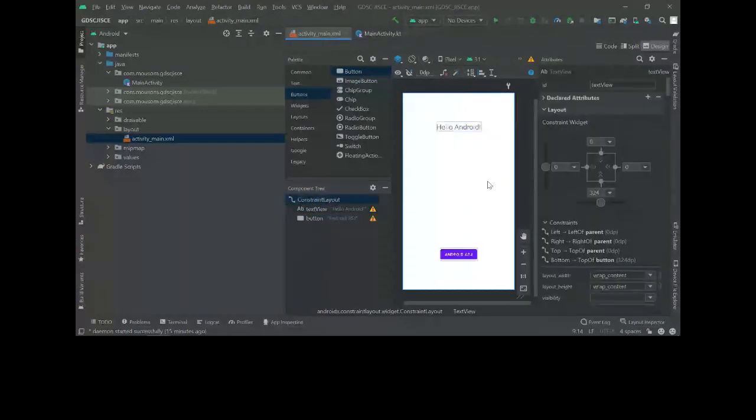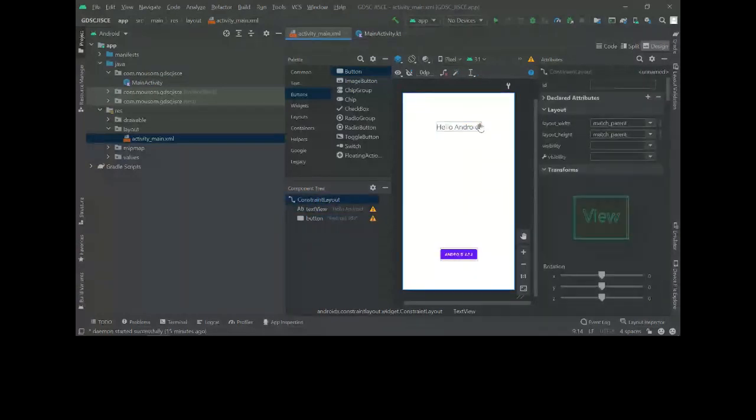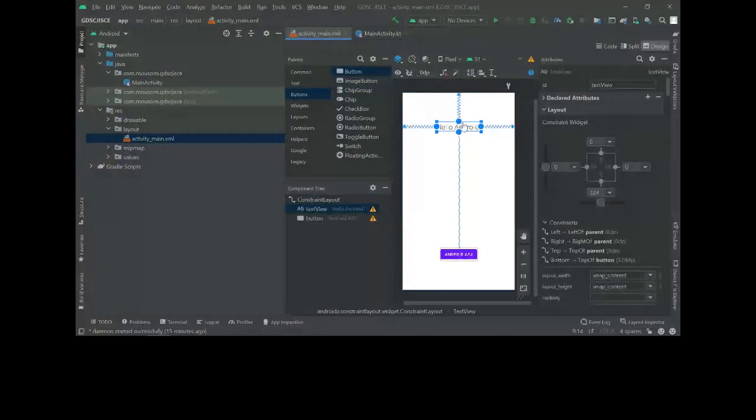We can change that also. From the top, let me change it to 200, so it will be shifted towards the end. And we can change the end too, and I want to have 100.